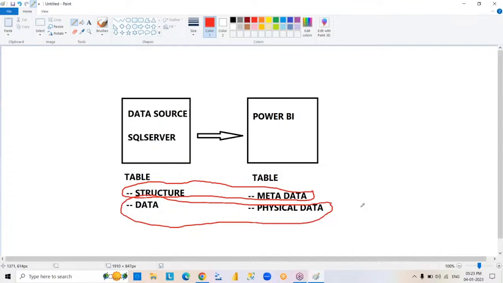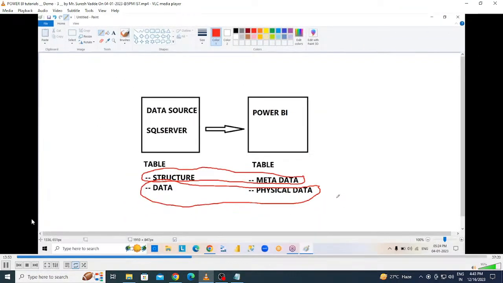Same concept. Concept is not going to change, but terminology is going to change. Okay? So this is